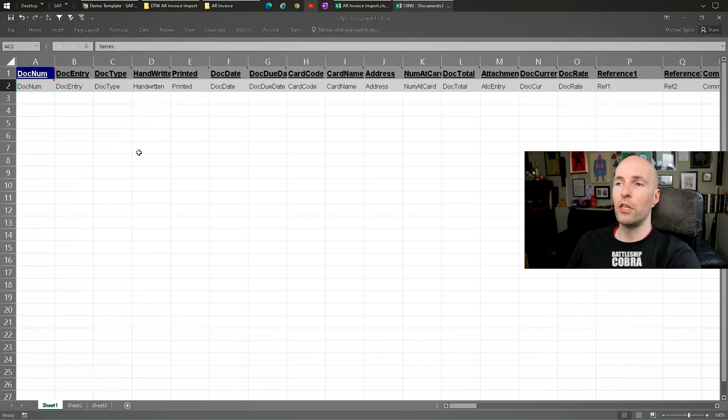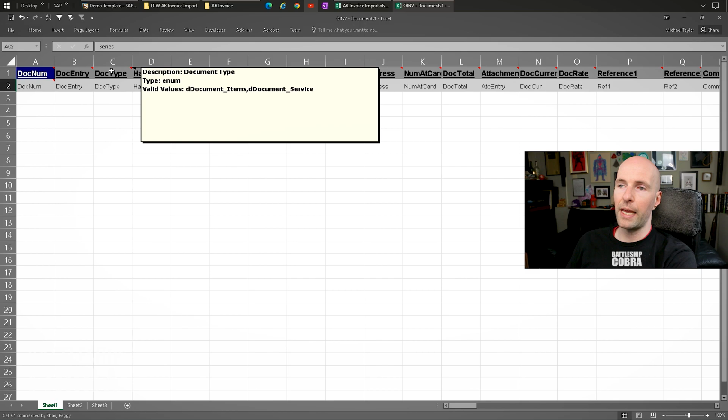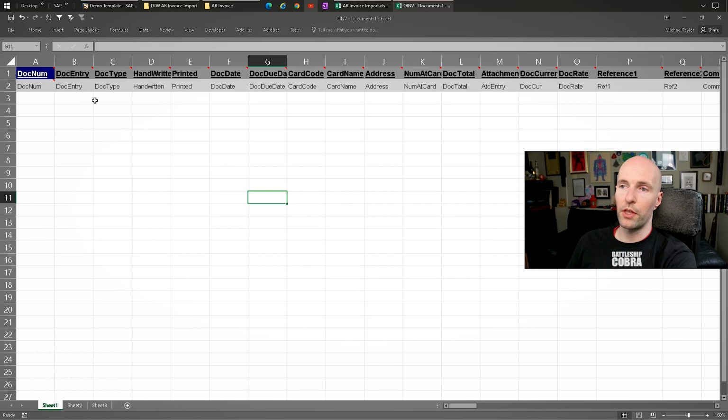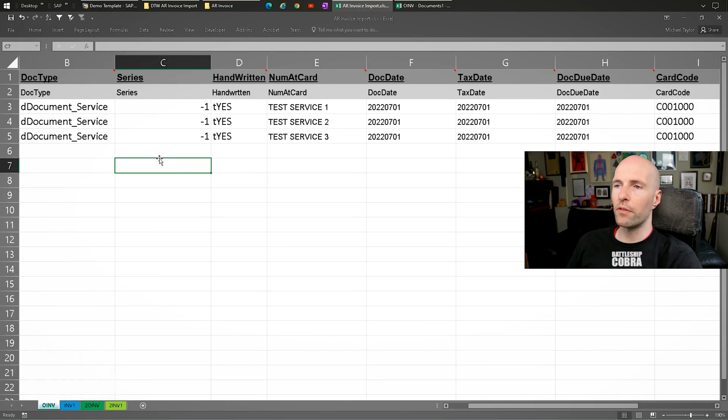And some of these actually have useful information in them, and you can see the different types. So you can see document type, and you could see that what it's expecting is either the document item or a service type. So those are the things you're going to see when you look at mine there. So you could see in my service example,